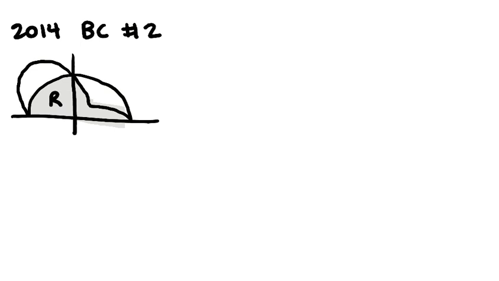It says, let R be the shaded region that's inside the graph of r equals 3. Okay, so that's going to be r equals 3, this semicircle. And inside the graph of r equals 3 minus 2 sine of 2 theta, so that would be this kind of lumpy looking curve. All right, so what we're going to need to do is integrate